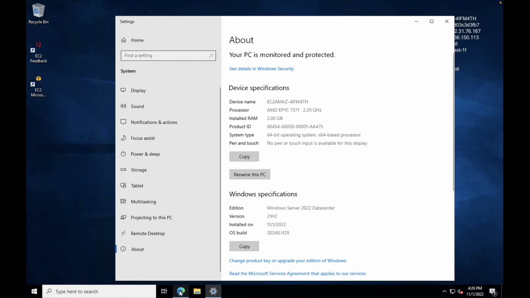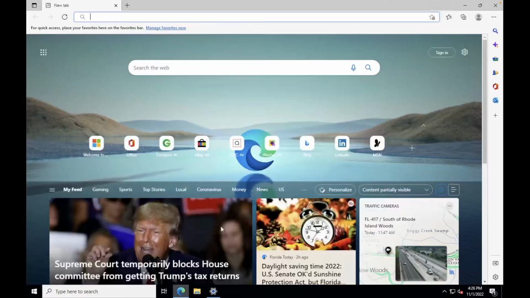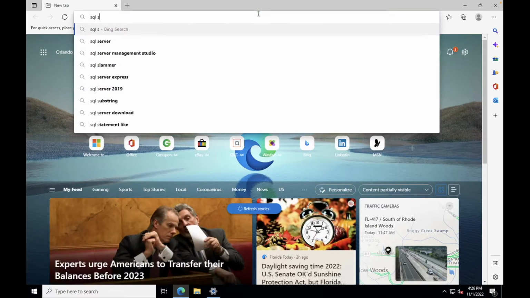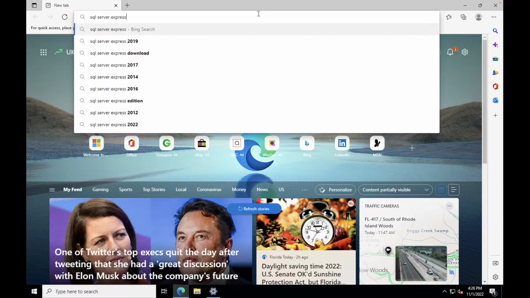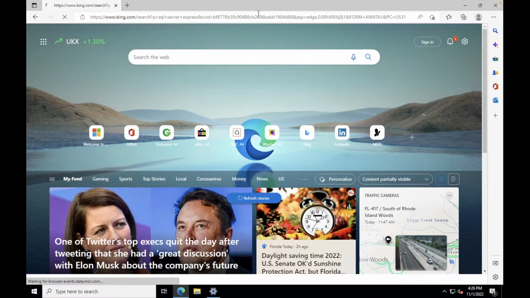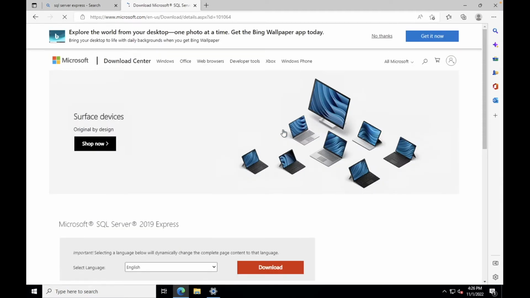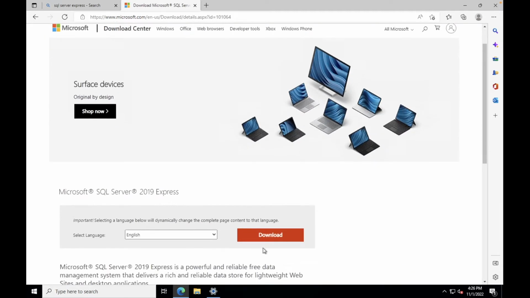So the first step is to get the database up and running. For that we need SQL Server. We will use the Express edition for this tutorial. It's absolutely fine to get you started, and for some companies it's fine forever, so you don't need to really worry about it. So 2019 is the latest one at the time of this recording, I believe. So go ahead and download it,